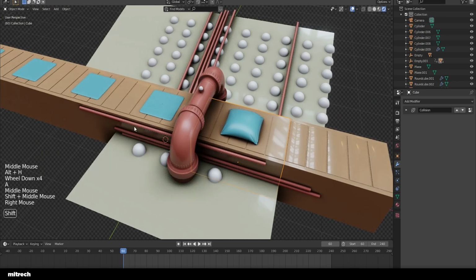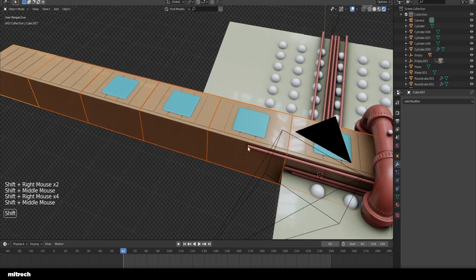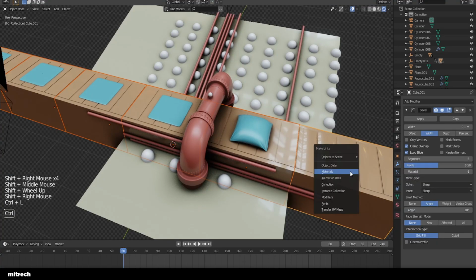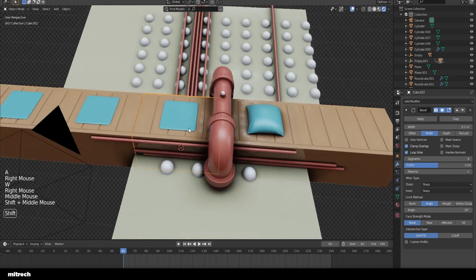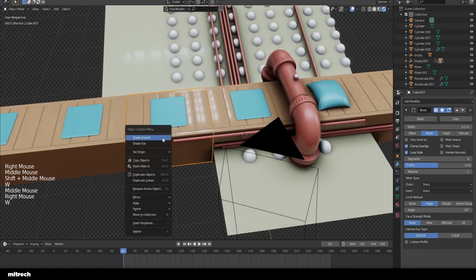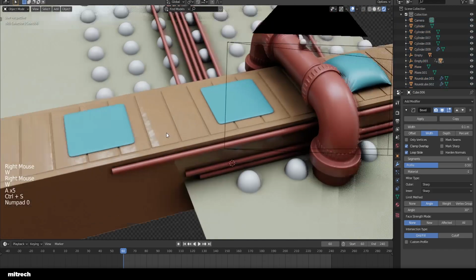I'm gonna select all the track pieces like so, and then select the last one, and I'm gonna go Ctrl L and apply the same stuff to it, and just make sure everything is shade smooth like so. Alright,